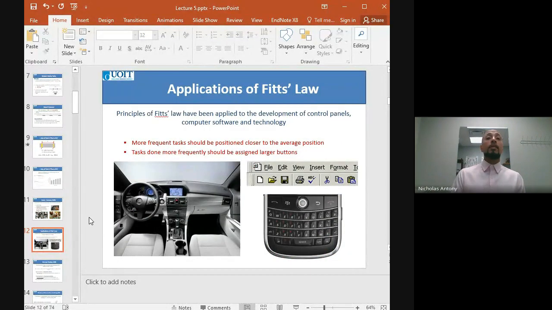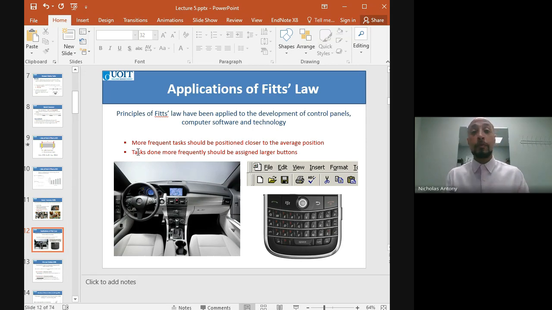The principles of this whole idea of Fitts's law is used in technology. And so based on the idea of index of difficulty, you would say that more frequent tasks should be positioned closer to the average position, right? Because difficulty increases as there's distances further apart. So things you do the most often should be closer to the middle, and we see that with technology, consoles, phones. And then